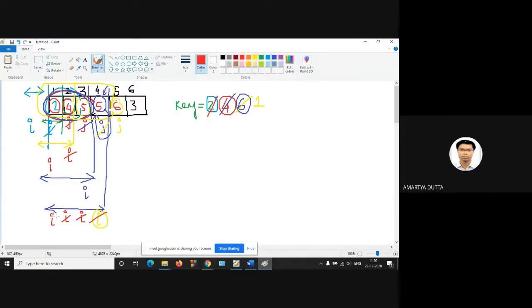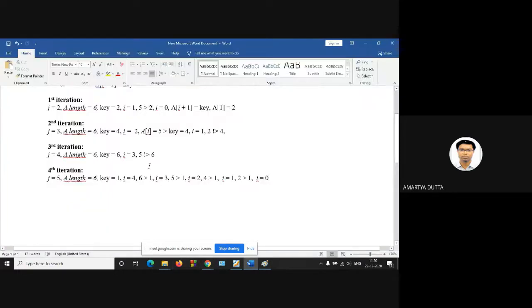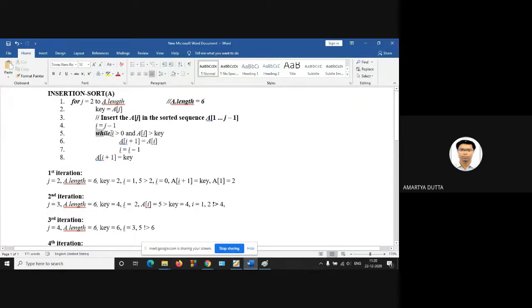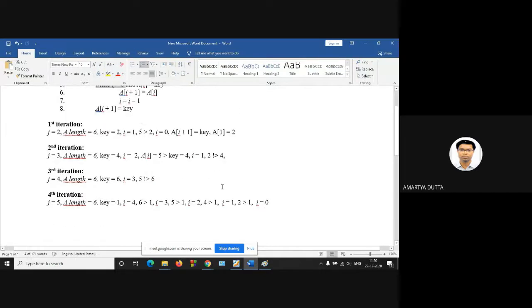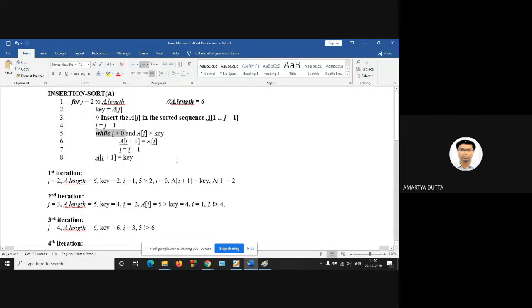Okay, so your next I is now at this position, that is out of your array range. Now while I is greater than 0, I is equal to 0, it is false. So your while loop, line number 5 to line number 7, these 3 lines will not be executed.